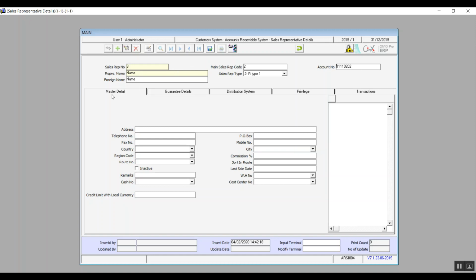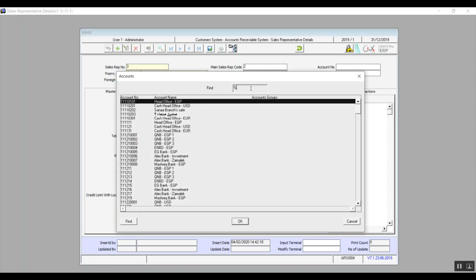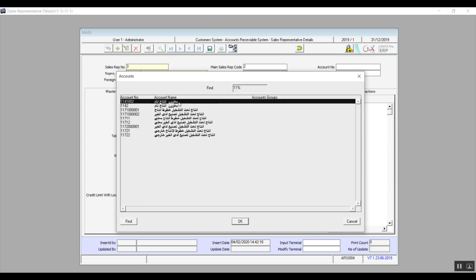The first one is Master Details, where we can add the representative contact information and address. We can also add their commission percentage. And in case this is a retail salesperson, and in the upper section we've already linked them to the safe, which is what we've selected in account number, now in the field WH number, or warehouse number, we will link them to the warehouse that supplies the branch or the store that they work at. If this is an outdoors sales representative and we've linked them to a warehouse, then in cash number, we will link them to the safe on which the value of their sales will reflect.